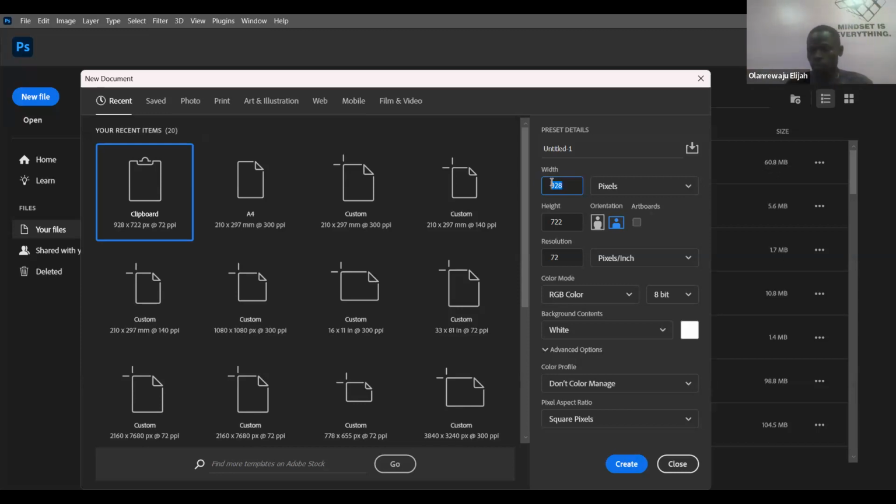So the dimension that we normally use is always square. You decide whether you want to work with maybe 1080 by 1080 or maybe 1000 by 1000. But most of the time, I personally work with 1080 by 1080, because social media posts have equal size.